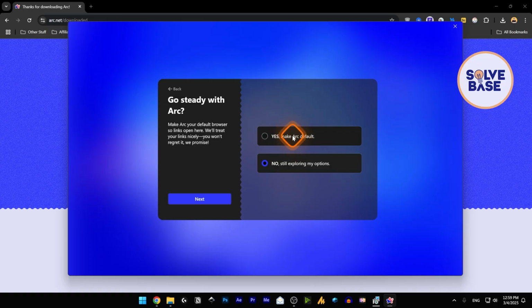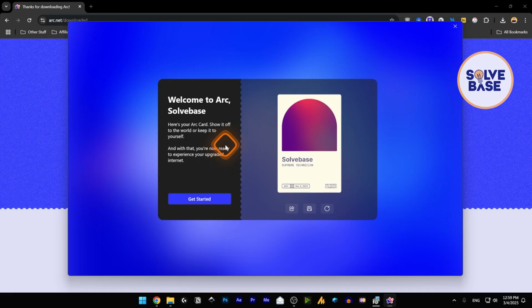So what happens is if you make it your default web browser, whenever you open a link that takes you over to a web page, it is going to open up Arc instead of, let's say, Google Chrome. It's not going to open Google Chrome, it's going to open Arc web browser that way. Let's click on next. Now here it says welcome to Arc, and this is your Arc card over here on